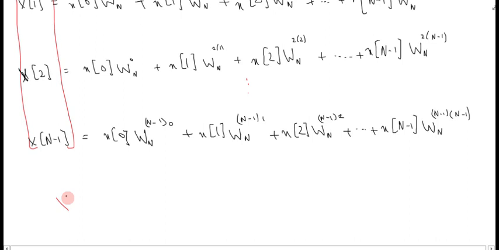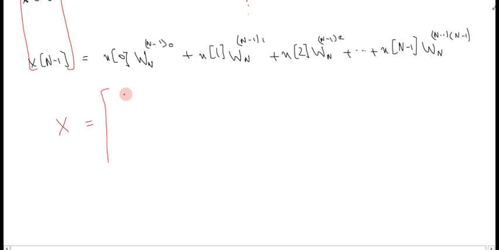I can write it like here, X, which is this vector, into a matrix which is equal to 1 1 1 up to 1, and here again we have 1 for k is equal to 1, and it is wn raised to power 1 into 1, wn raised to power 1 into 2 up to wn raised to power 1 into n minus 1,